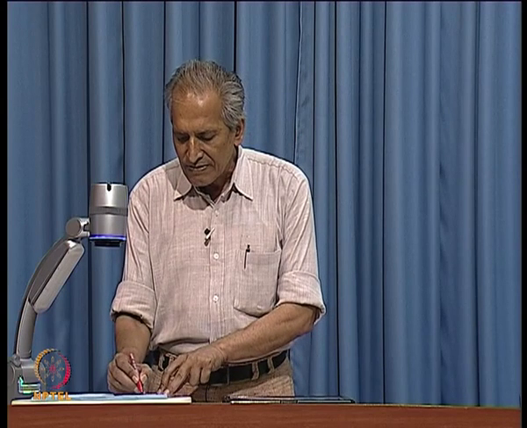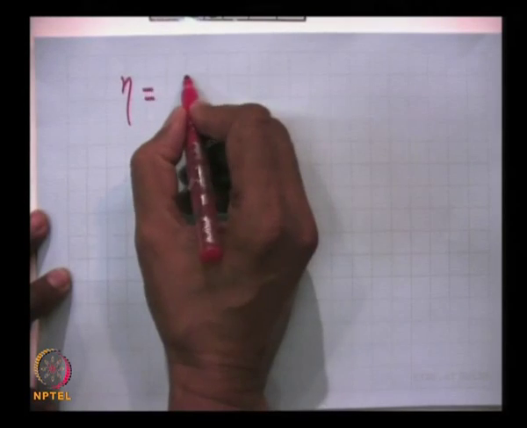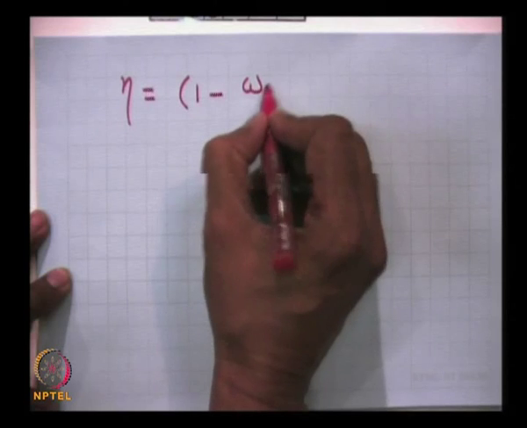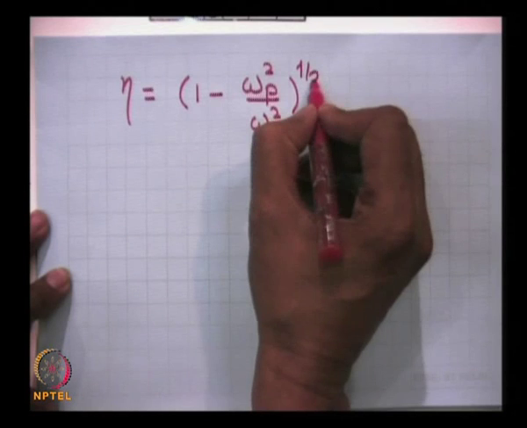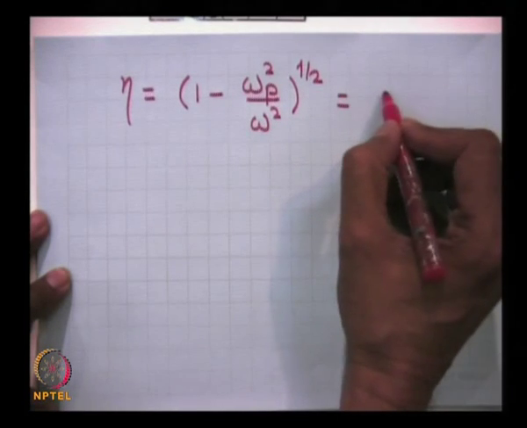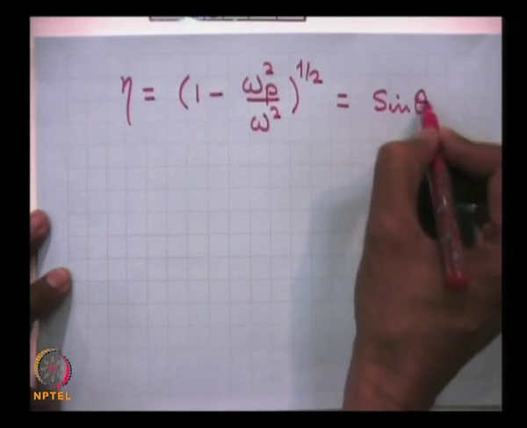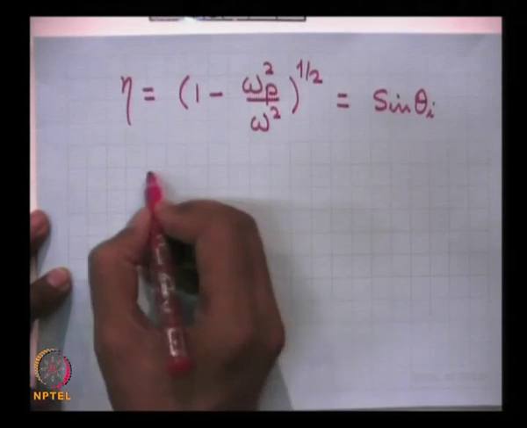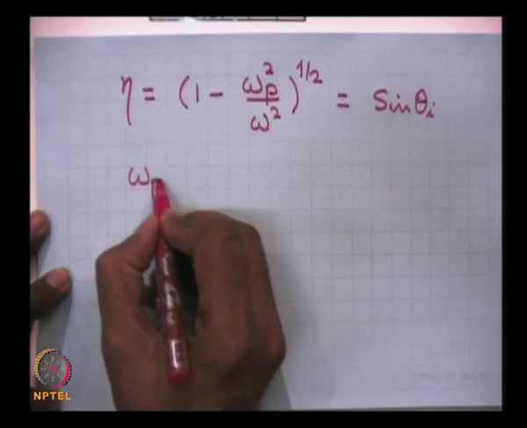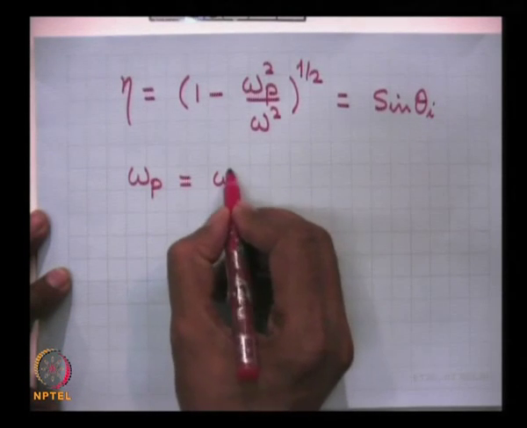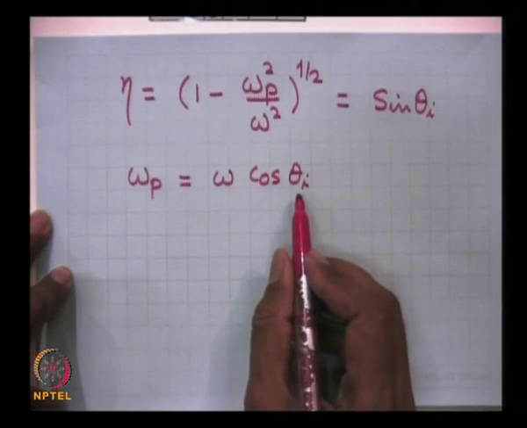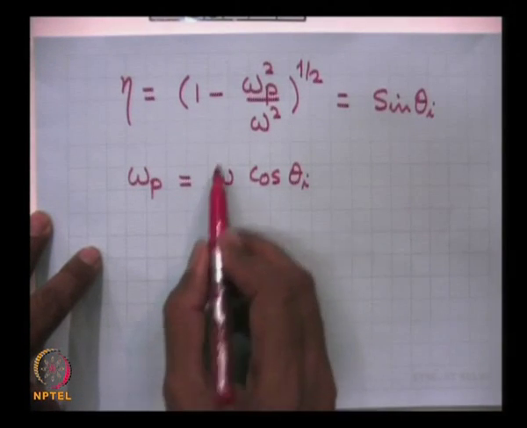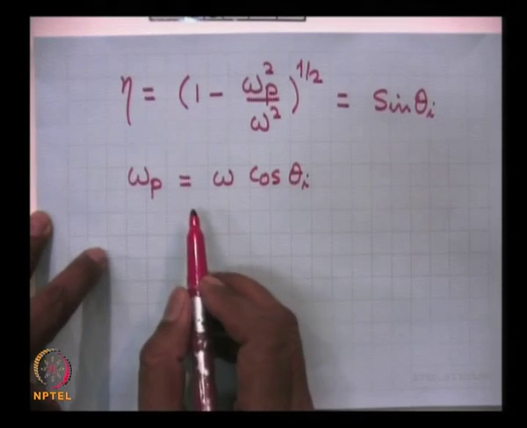What is eta? The refractive index of a plasma is eta is equal to 1 minus omega p square by omega square under root, and I am saying put this is equal to sin theta I. If you solve this equation, it gives you at the turning point plasma frequency is equal to omega cos theta I. If theta I is large, then this quantity will be smaller. So, at large angle of incidence,